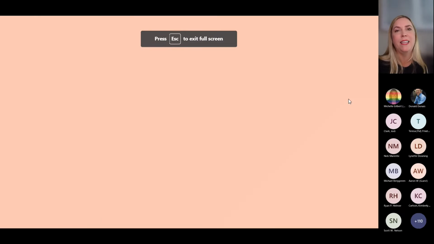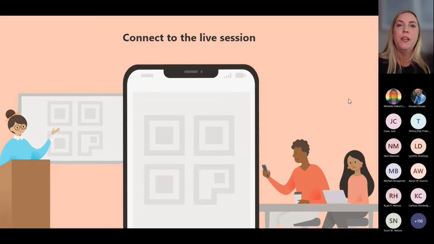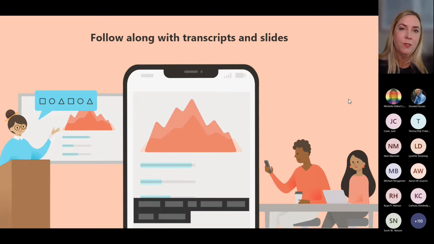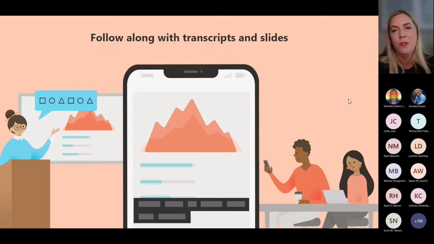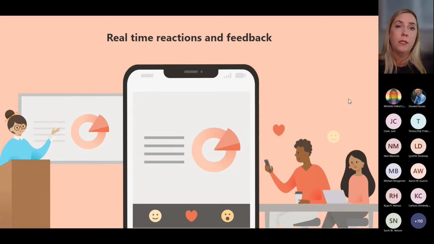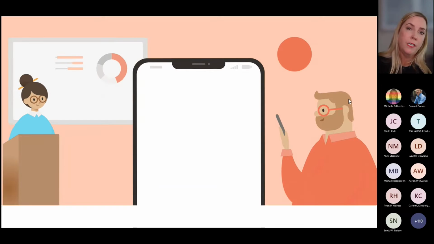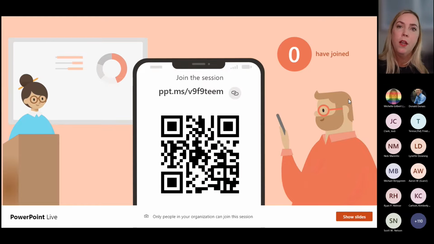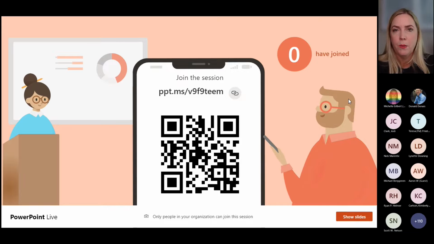So with Present Live, this gives you a way to interact with me directly in the presentation. Of course, I know I'm sharing my screen with you in this Teams meeting, but imagine if this were another tool that I were using to share my screen, or if we were in a room, most of us there together, but we've got a few people connecting in from somewhere else. It gives us all a way to participate in this at the same time. And I've got a couple other things to show you with that as well.